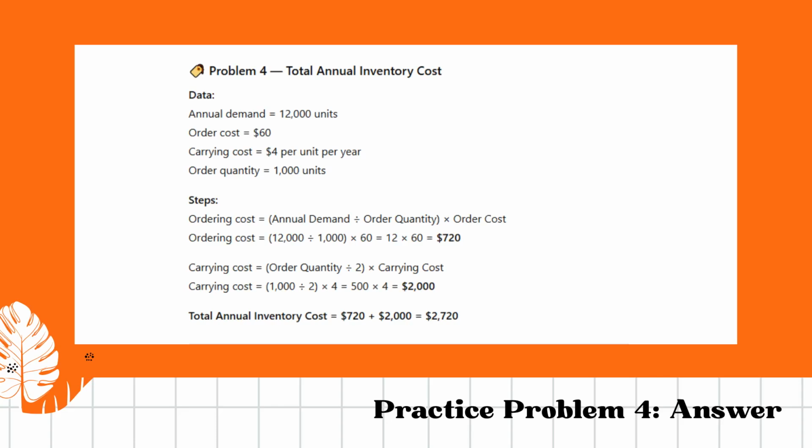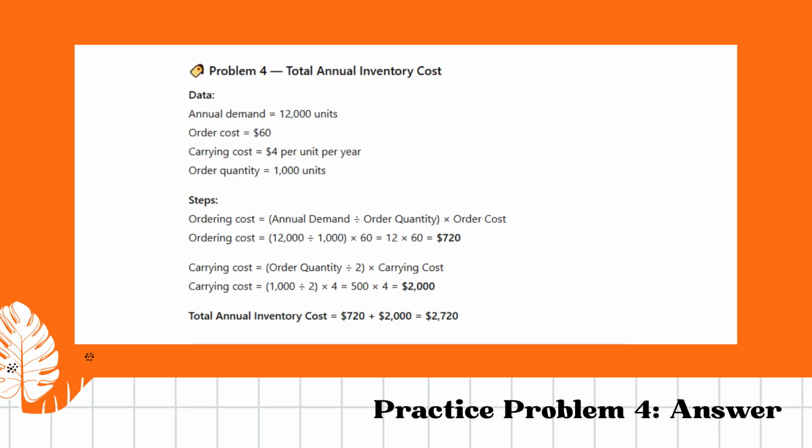Explanation. Problem 4. Here, we want to find how much the company spends every year on ordering and storing products. First, we find the ordering cost by dividing total demand by the order size. That means the company places about 12 orders a year, each costing $60, a total of $720. Next, we calculate the holding cost. On average, half the order quantity sits in inventory, so 500 units held at $4 per unit equals $2,000 per